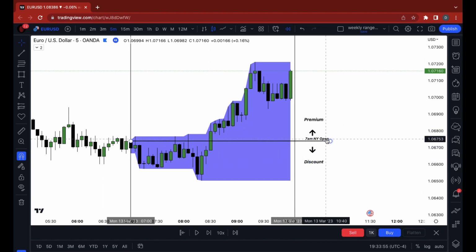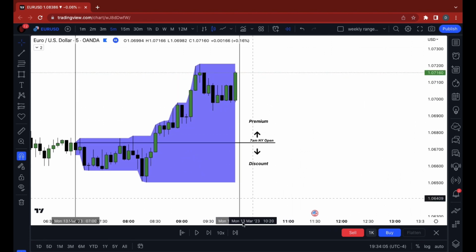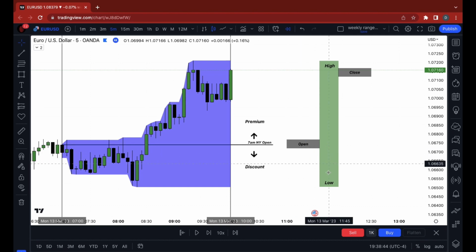It all starts with the open. You can see price comes below the open, makes a low, and then rallies through the open, making a high, and then closing off from its high there. So what would that look like? It would look like this. Price opens here, drops down, runs high, and then closes off. So this is just a depiction of what the New York session is doing in its life cycle from 7